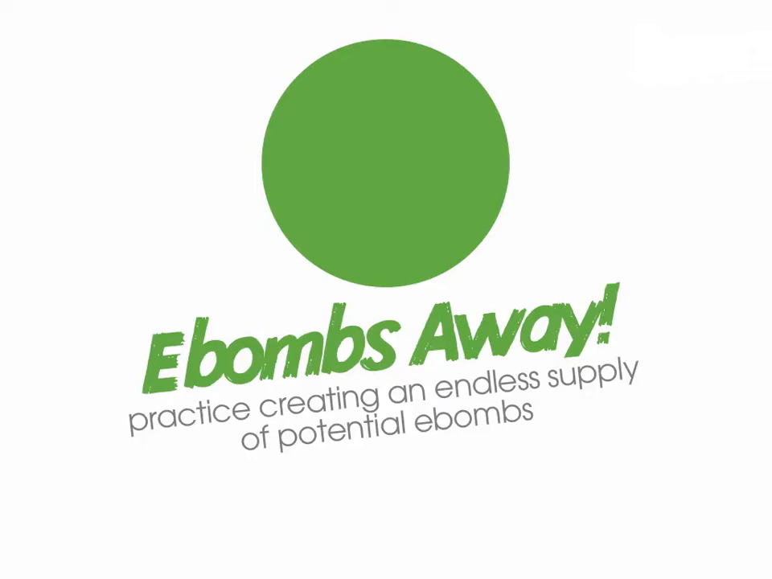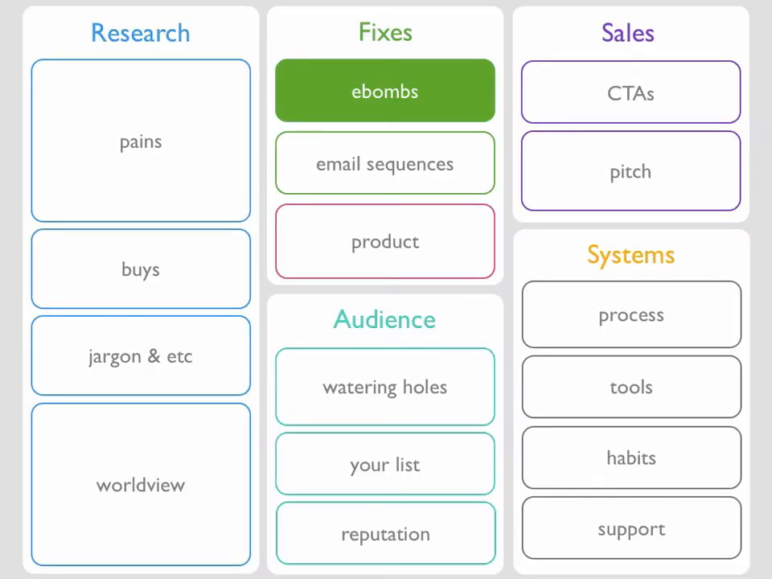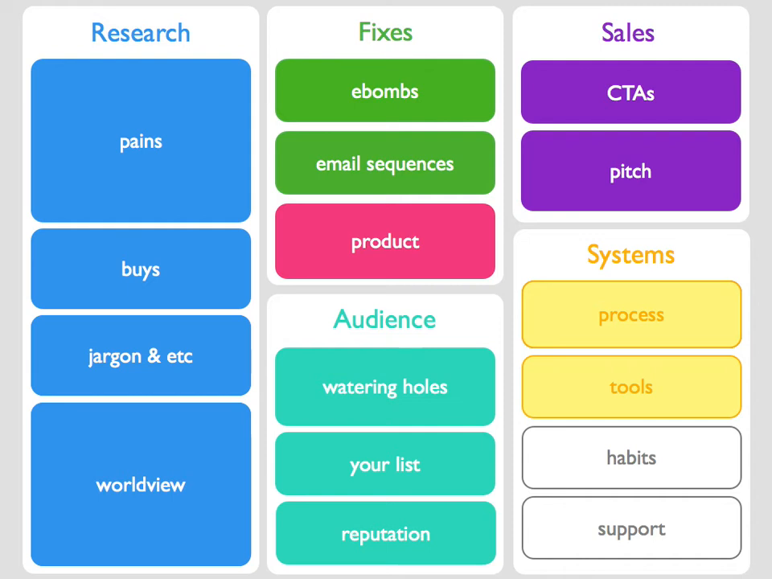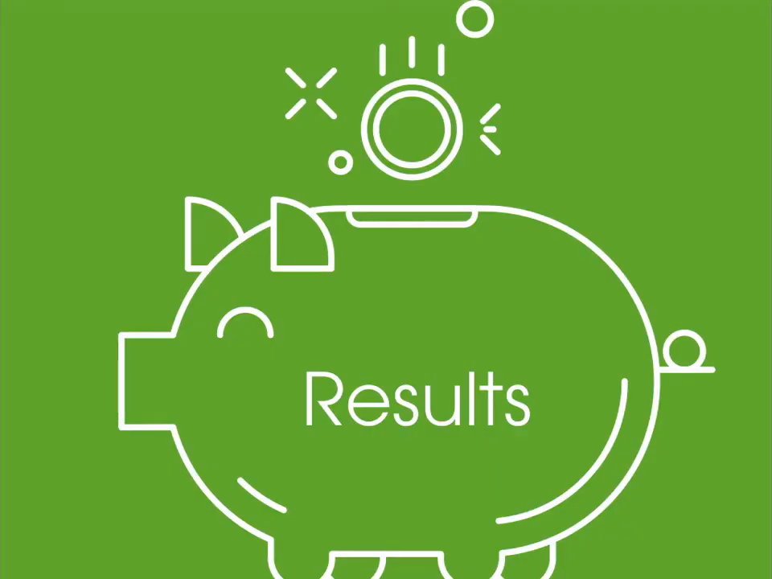Alright, it's time to get some practice digging through your Safari data and using it to create an endless supply of potential Ebombs. And you may have noticed that even though Ebombs are just one small part of the 30 by 500 canvas, they're interconnected into almost every other part of 30 by 500, so that practice is absolutely worth your time. Because delivering Ebombs to your audience is going to start getting you results faster than anything else you